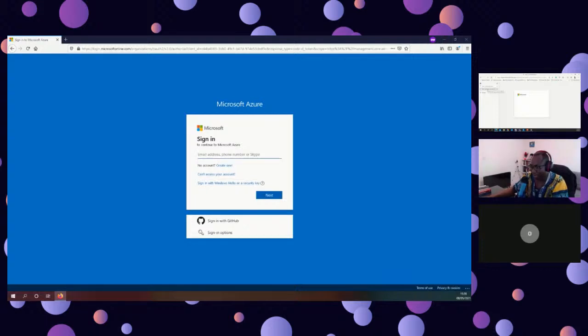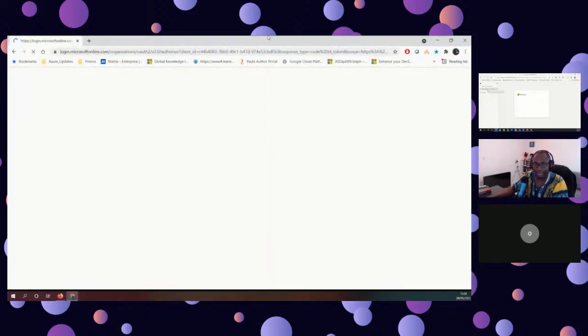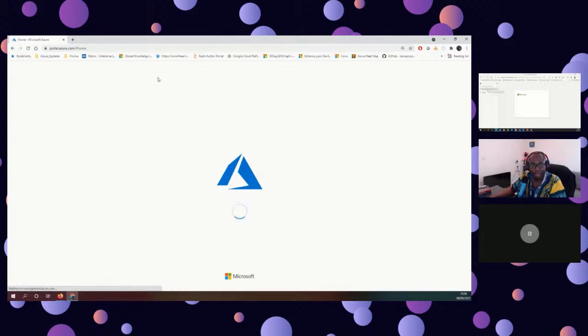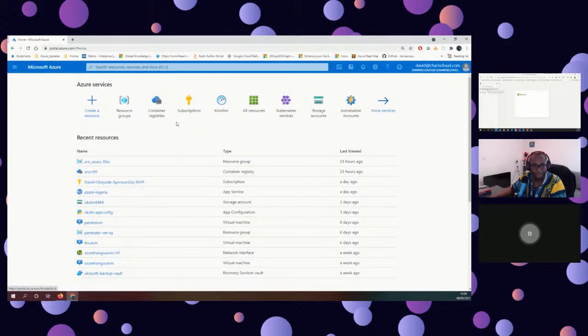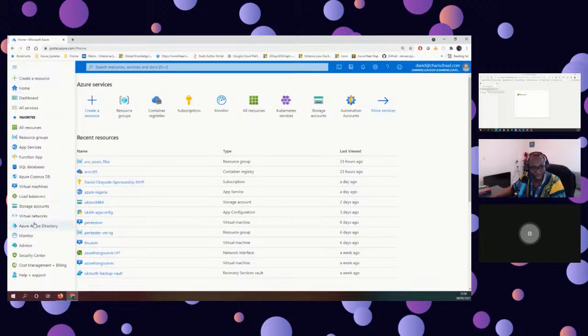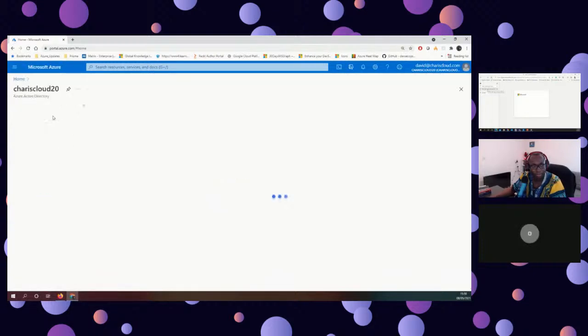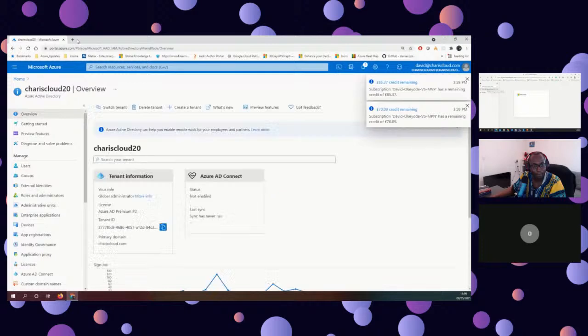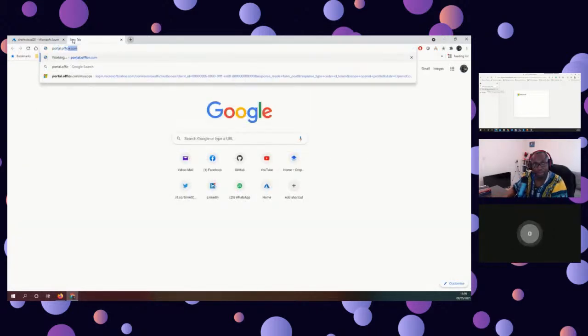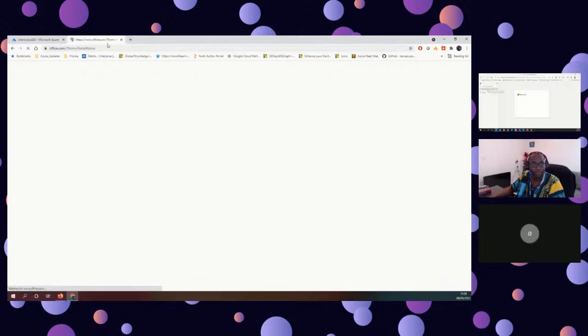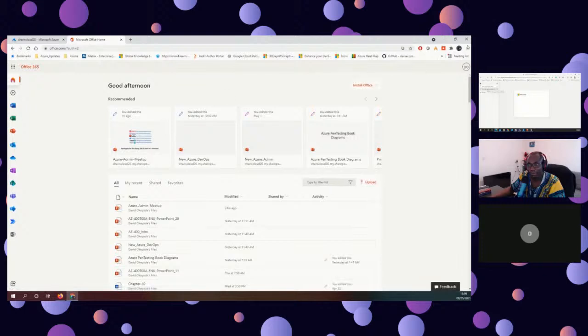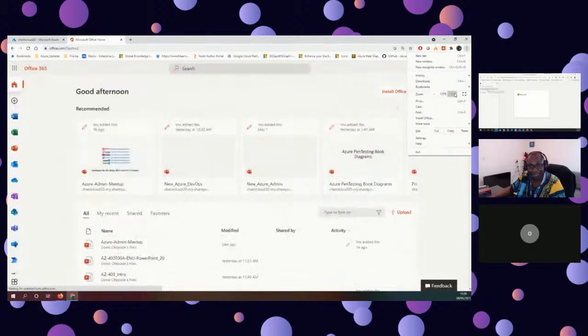I'm trying to get one that has Office 365. So I'll just go to portal.azure.com over here, and this also has an Office 365 account. Do you want me to go on the Azure Active Directory? Let's start with Office 365. Let's navigate through the Office 365 portal and show them the identity system there. If I go to portal.office.com,